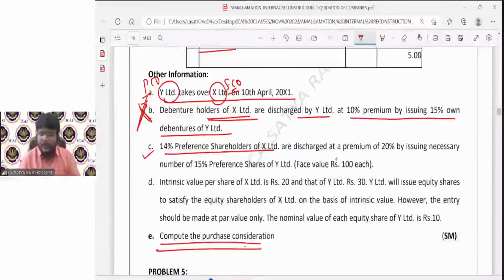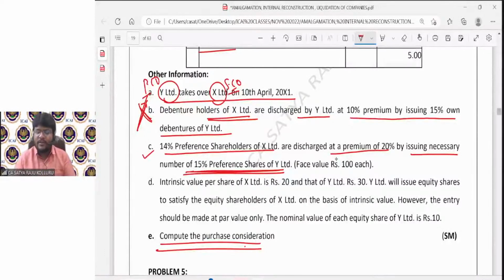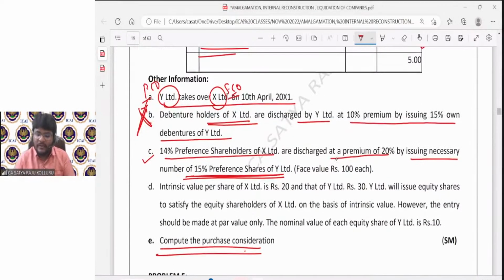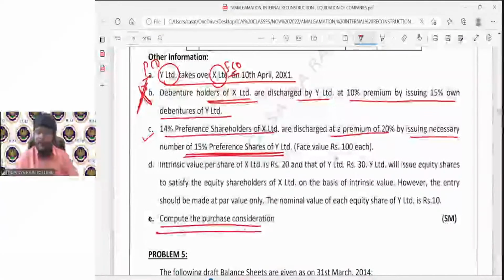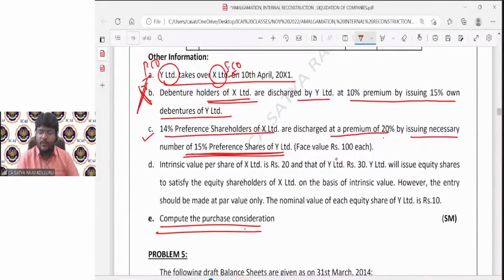14% preference shareholders of X Limited are discharged at a premium of 20% by issuing necessary number of 15% preference shares of Y Limited. Now, what is the existing number of preference shares in the selling company? If you check here, we have 25,000, 14% preference shares, 25 lakhs. Each preference share is issued by the purchasing company at a premium of 20 rupees. That means the number of 15% preference shares is the same, but the issue price of 15% preference shares of Y Limited is equal to